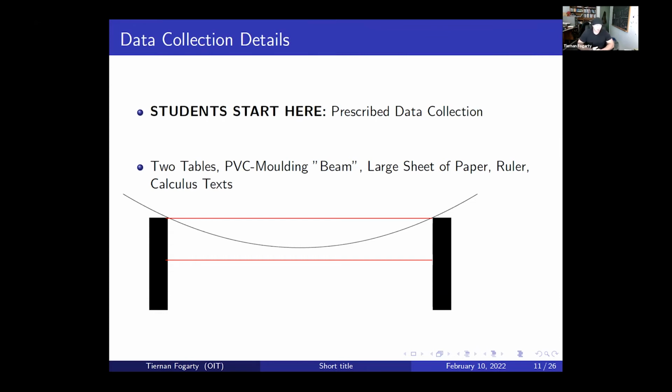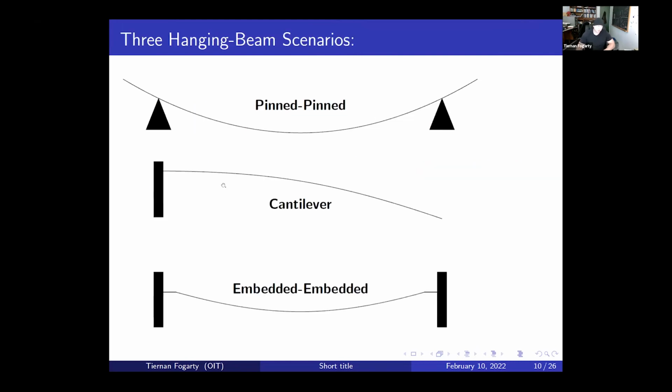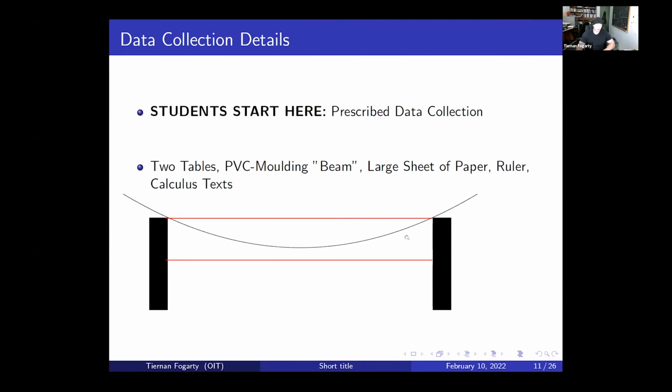So I want them to put the beam in these 3 different configurations in front of this paper, and then just measure the deflection from horizontal, from the horizontal line that goes between the top of the 2 tables. And they also have to weigh the beam. We're going to need that. And they have to measure the beam's